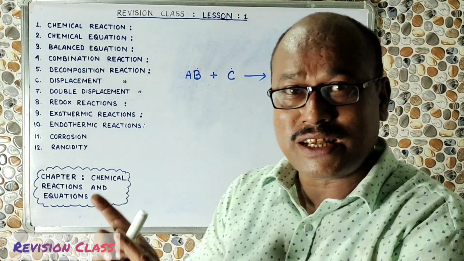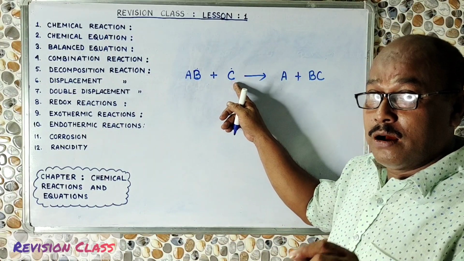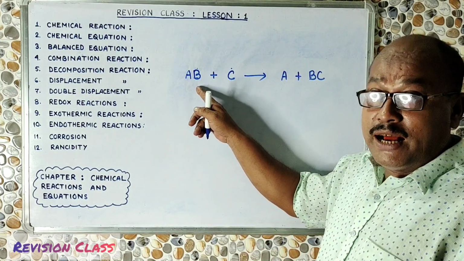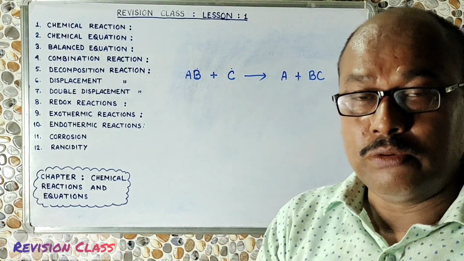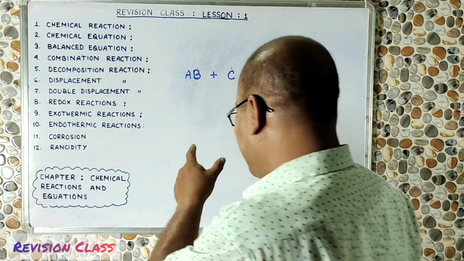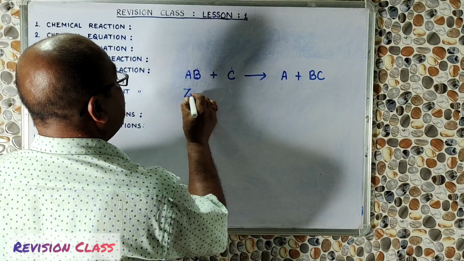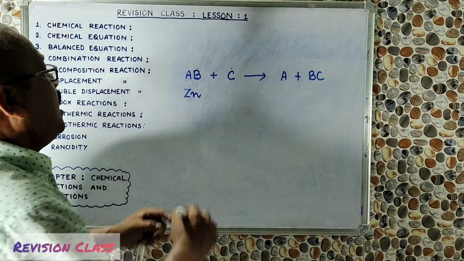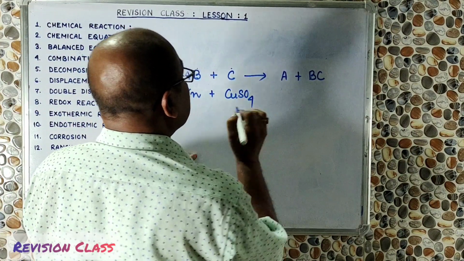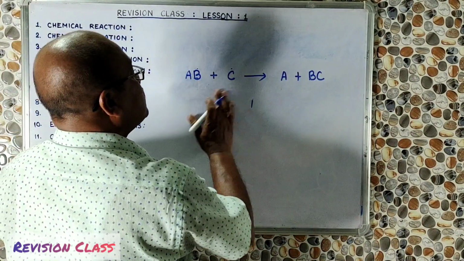This type of chemical reaction is called a displacement reaction. Here one particular chemical compound or atom or molecule is displacing another compound or atom or molecule from another product. This type of chemical reaction is a displacement reaction. We will take an example. The example we can take is that, suppose we are having zinc metal, and we have added it to copper sulfate solution, CuSO4. So just if I write it like this, it will be better.